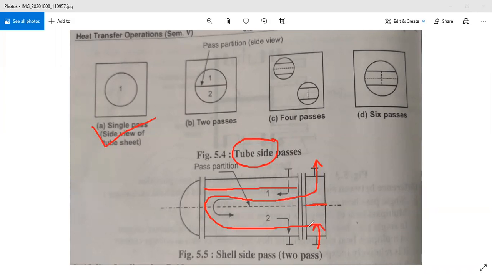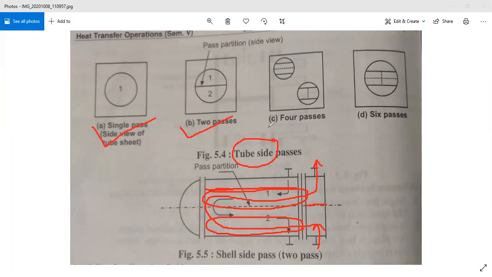Now if you observe, this tube side fluid flows along the length of the heat exchanger twice,